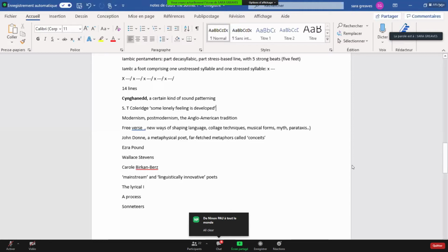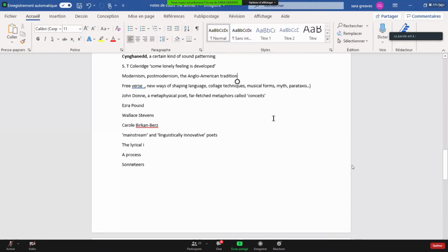Okay, so when we think 20th century, we think modernism, postmodernism later on. But first of all, modernism. Now, I haven't got time to give you a whole introduction to modernism, but with modernism, I mean, if you like,